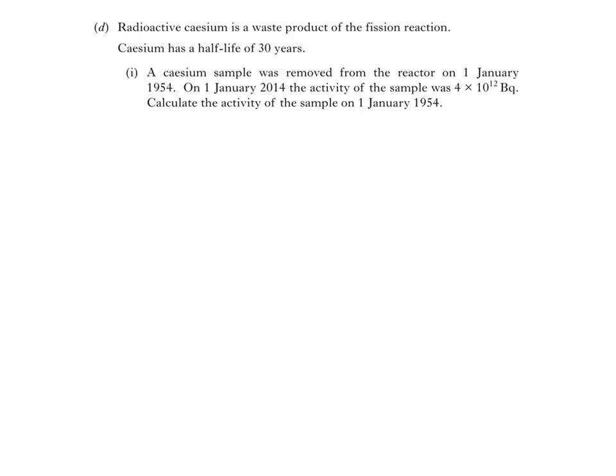First off, you should know that the half-life of a radioactive sample is the time for its activity to decrease by half. Now, normally in a half-life question, we're given an initial activity, which we then have to halve several times to give us the final activity of the sample after a given time. Here though, we're told the activity in 2014 and asked to calculate the activity in 1954, 60 years previously. Let's start with the activity on the 1st of January 2014, 4 times 10 to the power of 12 becquerels. 30 years before this, in 1984, the activity would be double this value, 8 times 10 to the power of